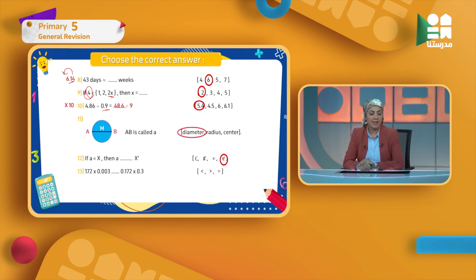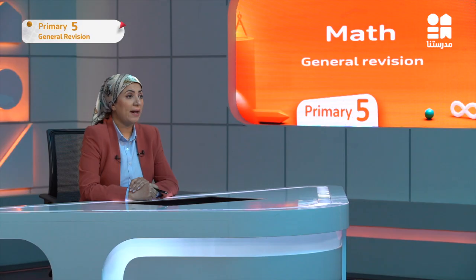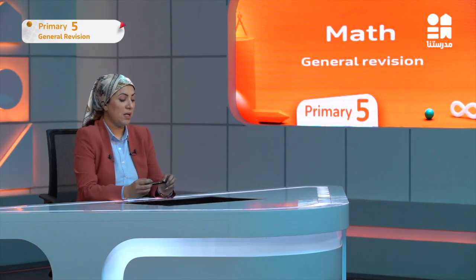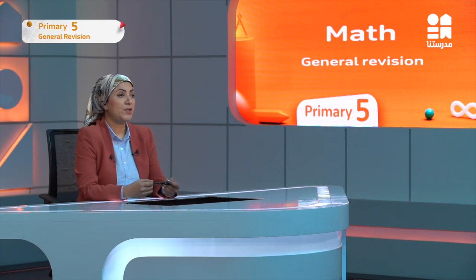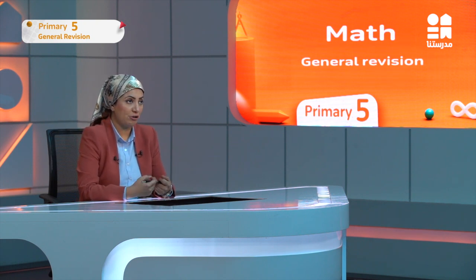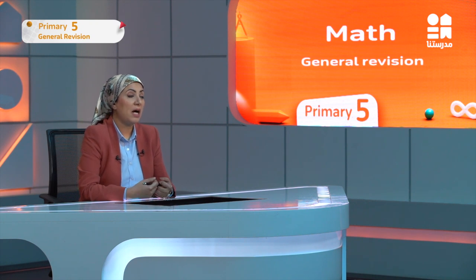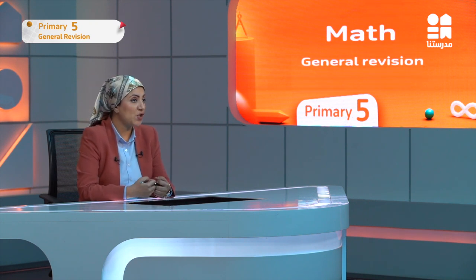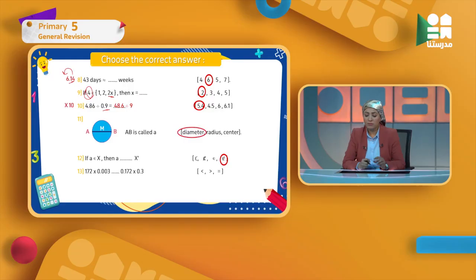Now question 13. 172 times 0.003, and the other one 0.172 times 0.3, and I want to compare between the two numbers. Then first I have to finish my multiplication questions and then I will compare the two answers to each other. So here 172 times 0.003 is going to be